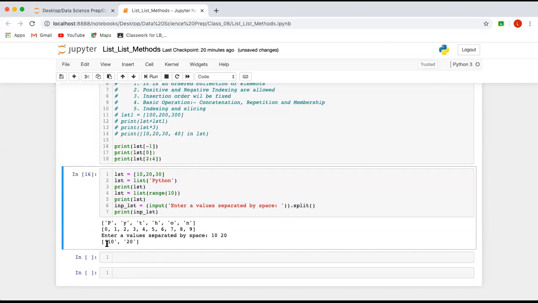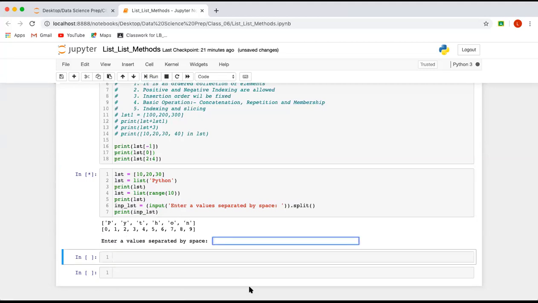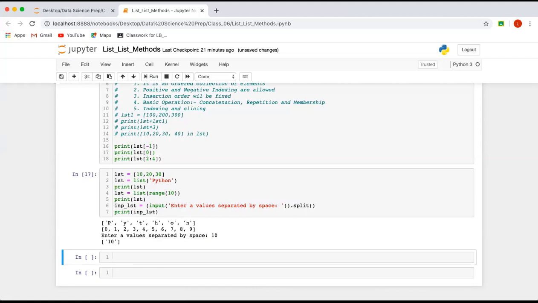Now you are getting 10 and 20 as elements of the list, right? Now, if you want this 10 to be an integer type, then you can do the conversion. And one more thing, let's say if you just want to enter 10, so 10 space, and that's it. So 10 will become the element of this list. Okay, Mithun. Now this 10 is a string type, so you have to convert it back. If you want to convert it to int, you can do that using list comprehension. That is a different part. We will do it later. Okay, is it clear?